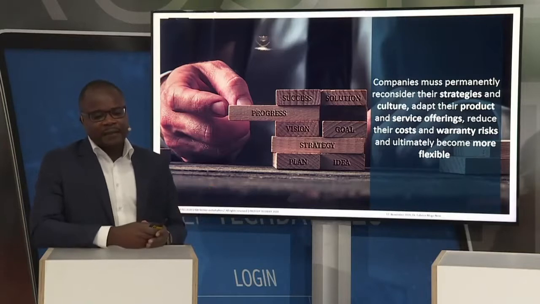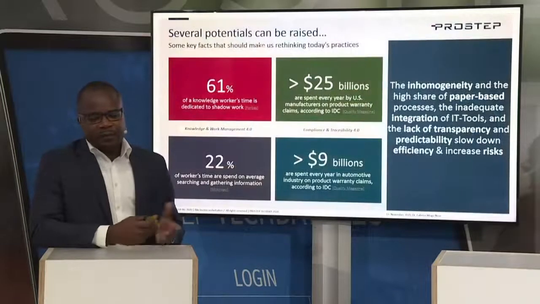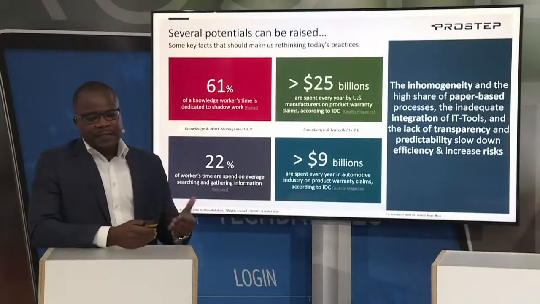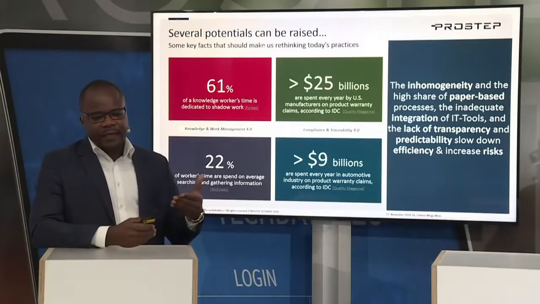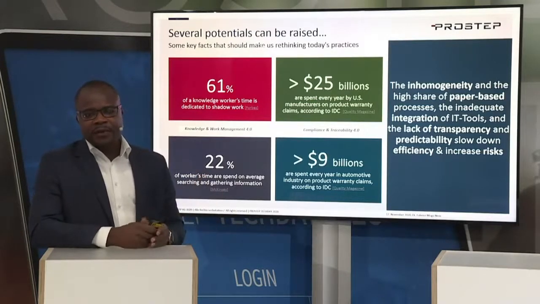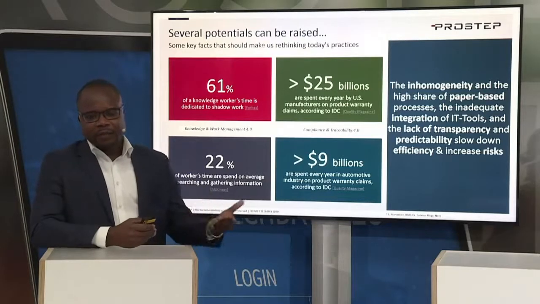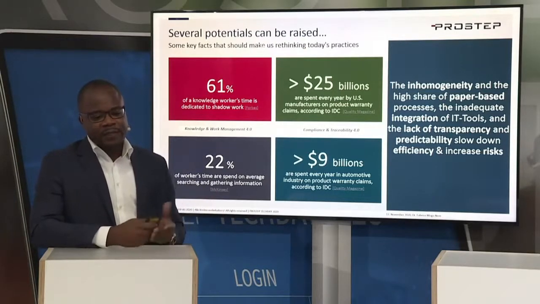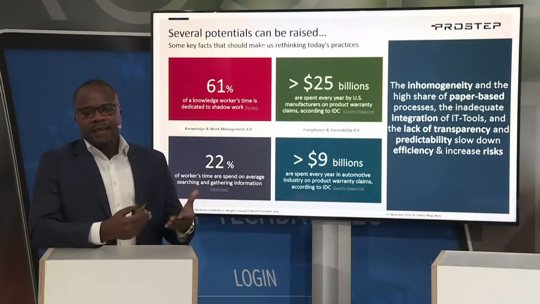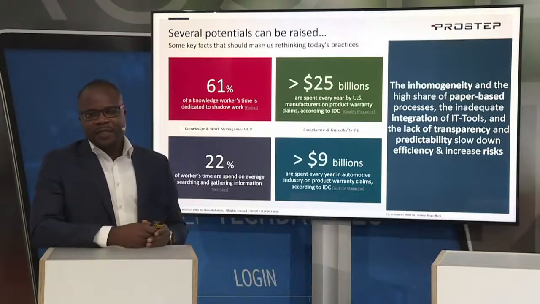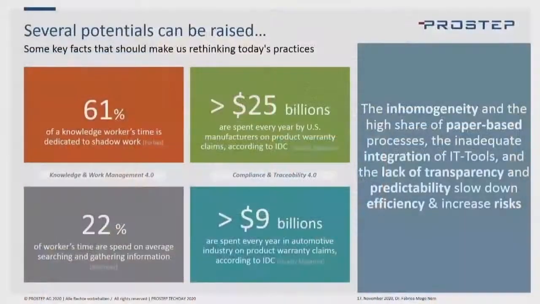There are possibilities to make use of it in simple ways. Some of the potential that we have detected, looking at these numbers, these are facts that establish that because of insufficient processes and IT solutions, there is still plenty of dormant potential which is only waiting for it to be lifted. One example, we lose a lot of our capacity, 61%, according to statistics, and a large part of that is due to shadow work.